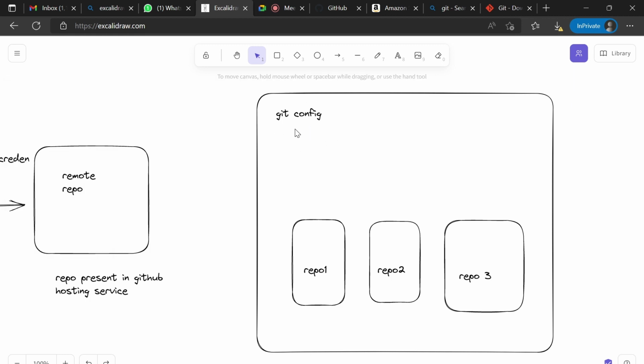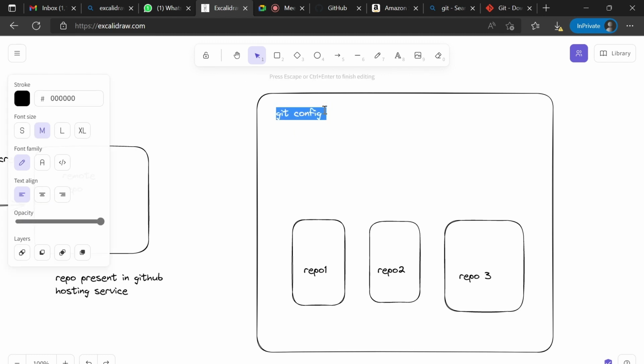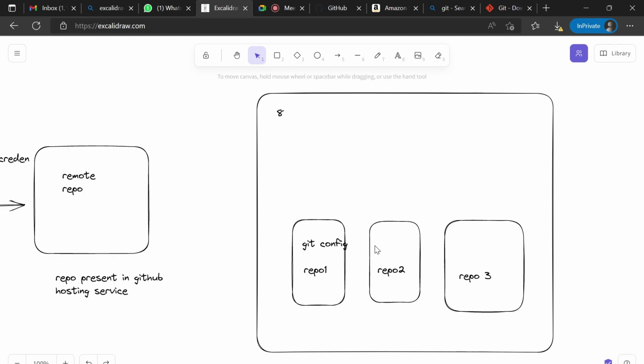But if you didn't create this global file, and you create git config locally only, then first you implement it for repo 1 and it works fine, but when repo 2 and repo 3 are created, you need to do the same thing again.